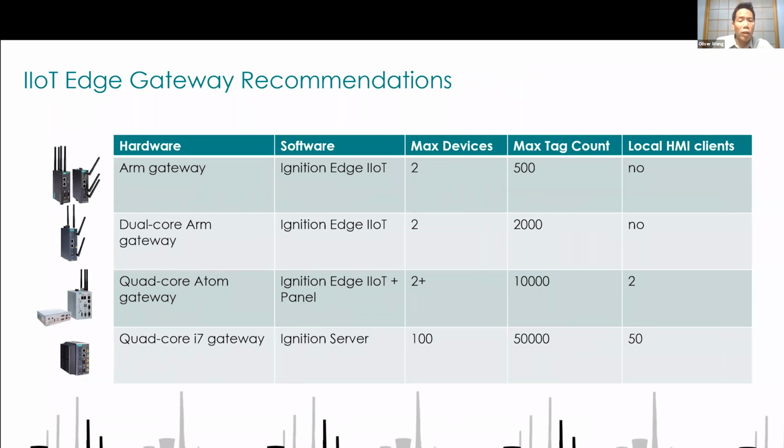But as Robert mentioned, quite a few customers are simply using Ignition Edge to bring tags from up to 2 remote PLCs via MQTT or Sparkplug B into their central server. ARM gateways are a great choice for this, and you have several options depending on your specific communication requirements and number of tags. They're also nice because they tend to be energy efficient, which can be an important consideration for